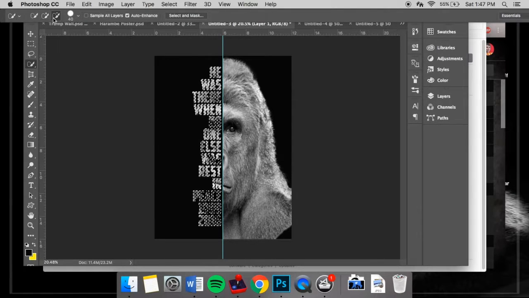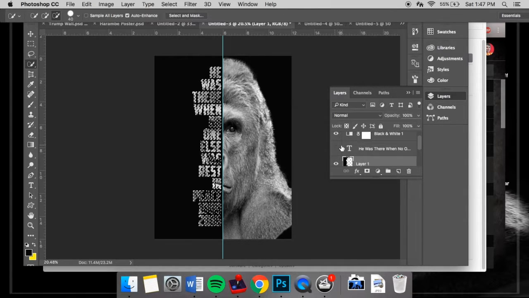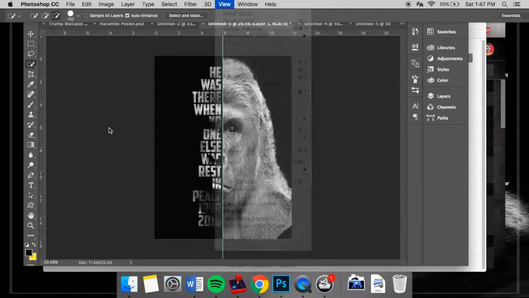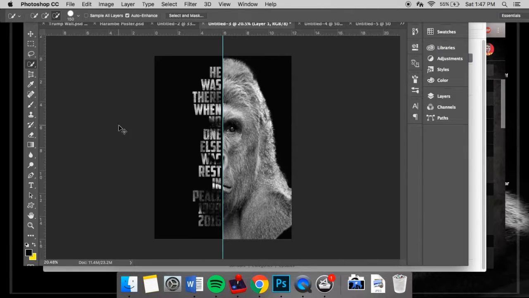We're going to select this tool. And we're going to get rid of all the outline. At this point, you can press Command H to get rid of this blue line here. So now we can see through the text, but we have a few spots that are hard to look at. So